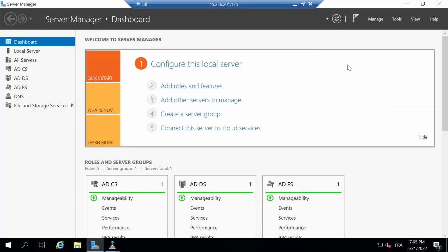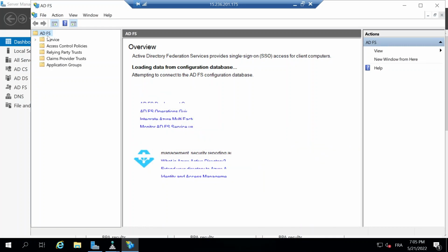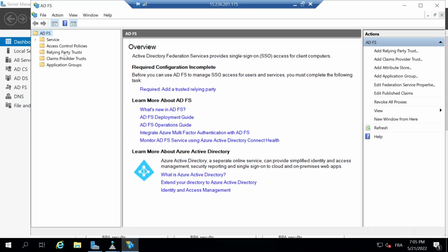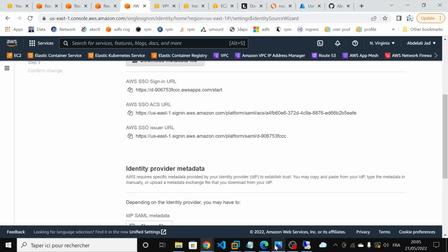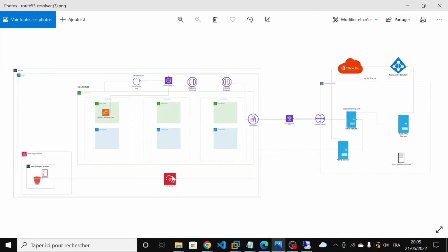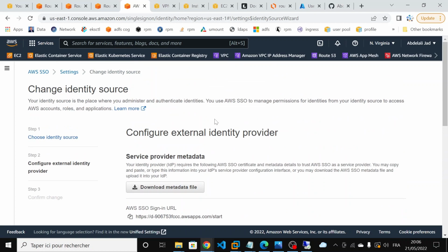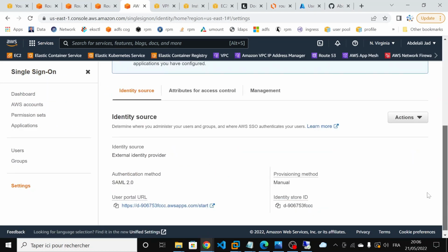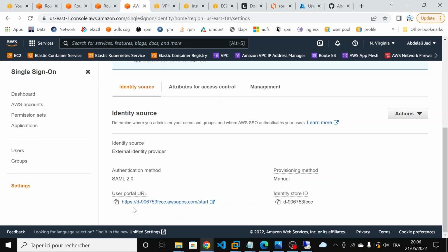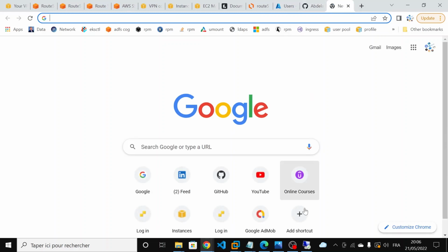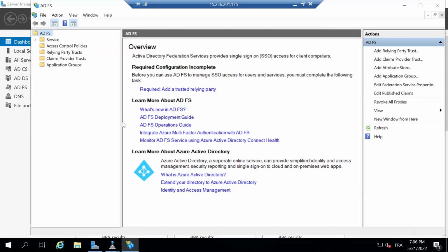So go to ADFS management, and here we'll create relying party trusts. What does that mean? Actually, when we create a provider, this AWS single sign-on will provide us with this custom user portal URL. Once we enter this portal URL, it will redirect us to the ADFS server. But if this ADFS server is not creating a trust relationship with our AWS single sign-on, then